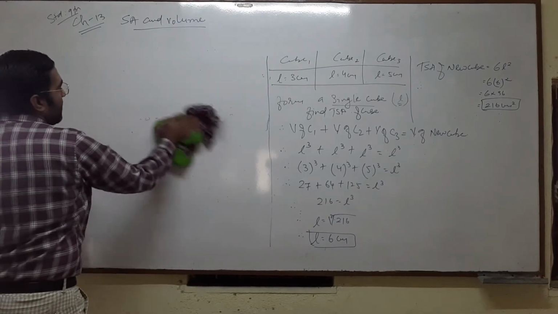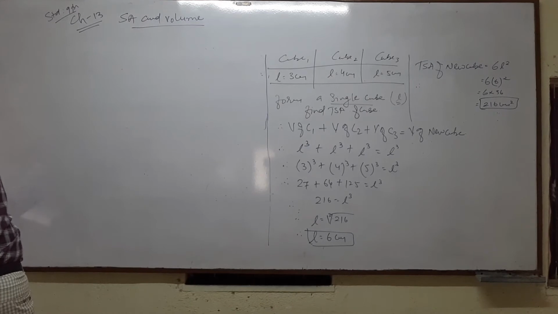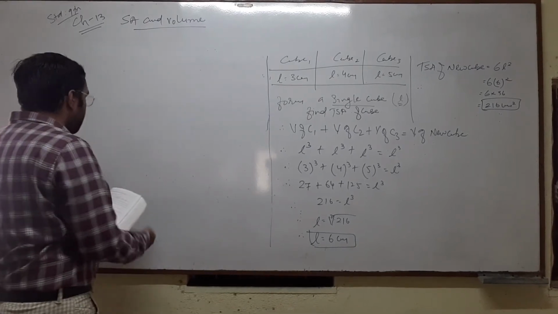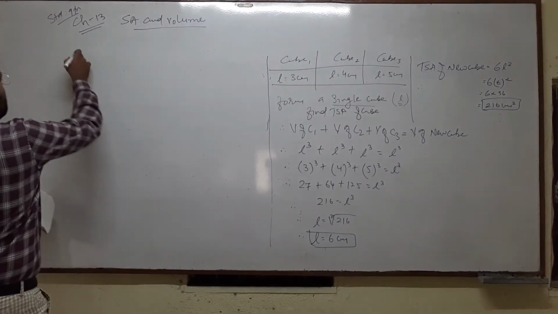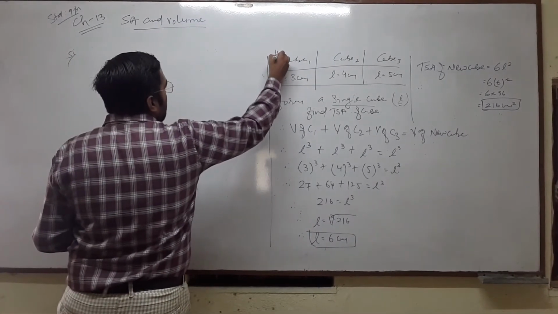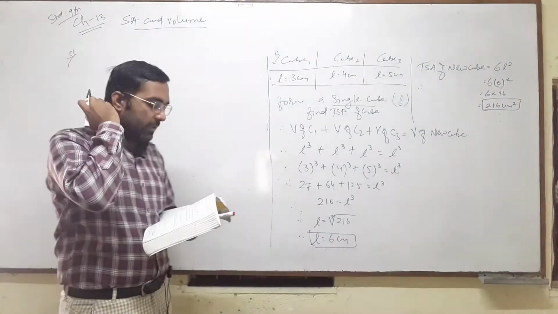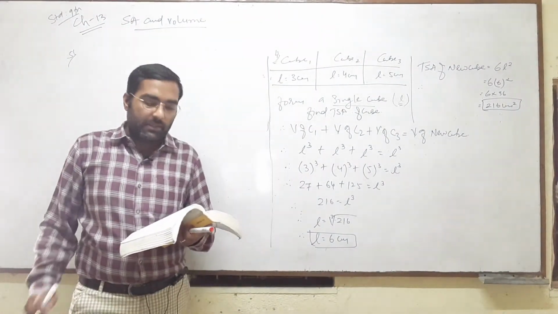Now we have to move to the fifth example, or fifth sum. My fifth question is, this was my fourth question. Okay, we have learned. Now the fifth question is, a granary is in the shape of a cuboid of this size